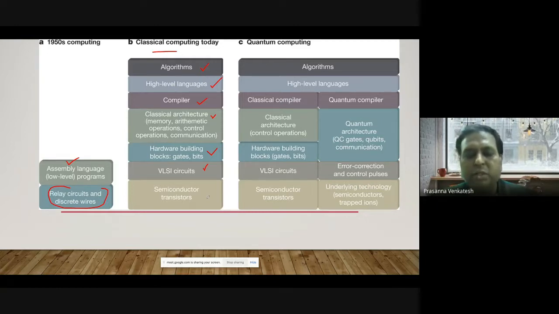So the evolution we are seeing is that we're going to use a similar construct, but in the coming days we may be using your algorithm in the typical high-level languages, and you will have two compilers as part of your system. One is a classical compiler, another one is a quantum compiler. This is what we see happening in the future. You choose whether to execute your algorithm on a classical architecture or on a quantum architecture. The other approach to think about is a hybrid approach.